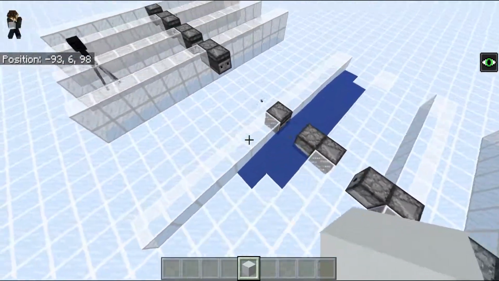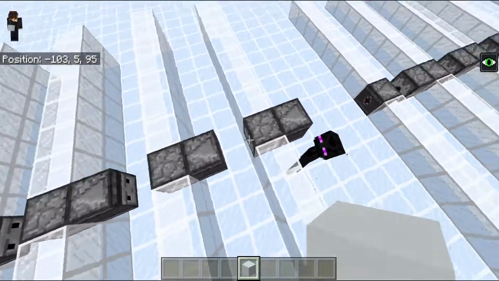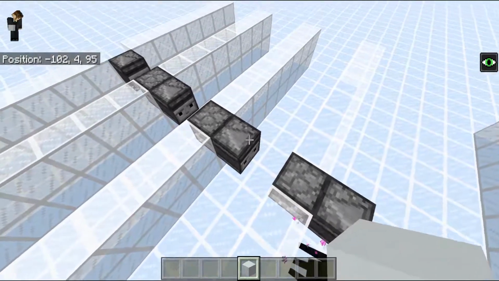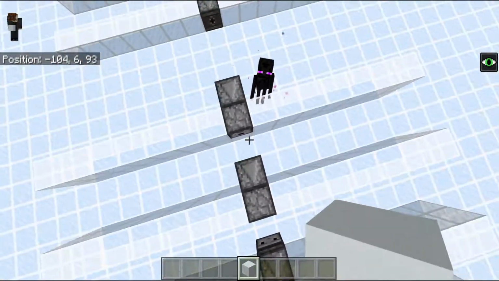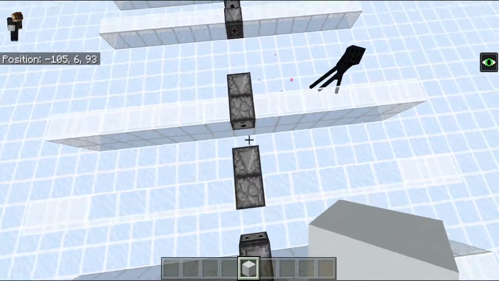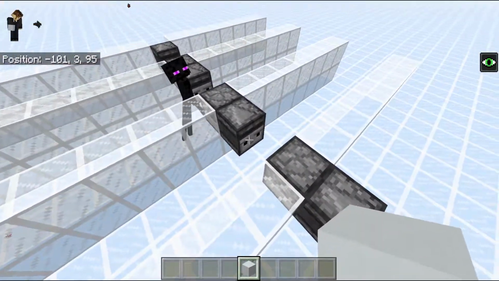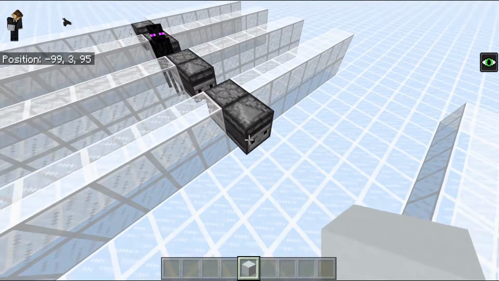What we can do is raise the entire system by one block, and what happens is we have observers in the floor kind of sticking up, and then if the water is dispensed from the dispensers, the water flows around the observer. This means that if we remove this water again, since this water is higher than the other water around it, the water on the sides would never flash back onto these observers' faces. So we can